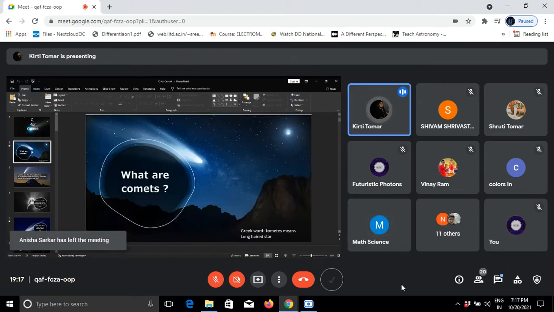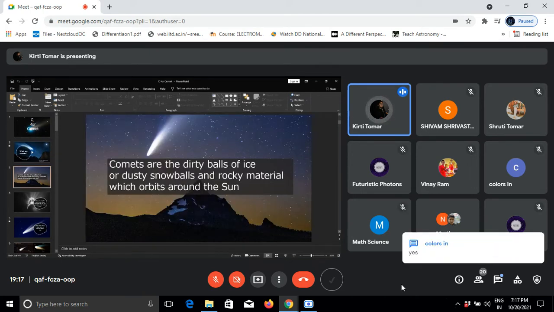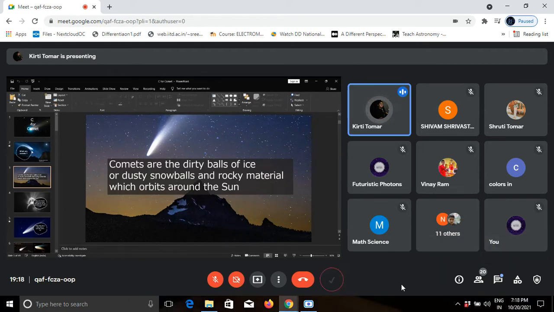Okay, second slide. What are comets? It's all about the comet. Comets are dusty tails or dirty balls of ice, dusty snowballs and rocky material which orbit around the sun. So I was explaining about the comet. These materials came from the time when the solar system was formed. Comet is a Greek word which means the long-haired star, a reference to the tail.